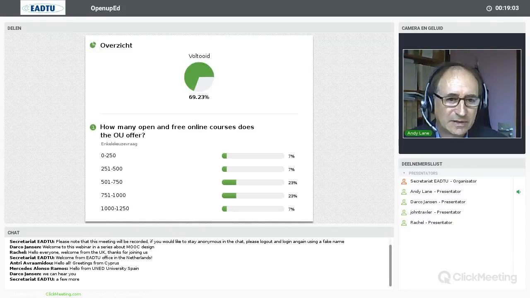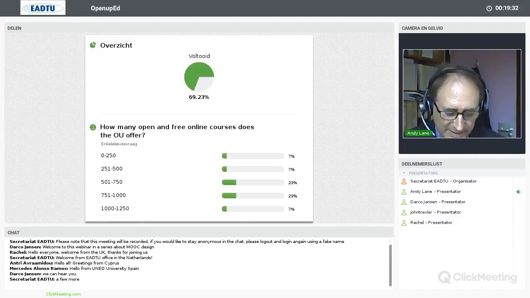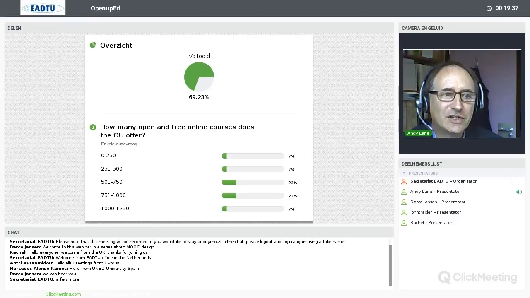There are the stats. Okay, so it's right across the board, but most have gone for the 501 to 750, 751 to 1000. Again, you're just having a guess here, and it's a bit of a difficult one to say because it depends what year you do it in. A year or two ago, we were just below the 1,000. Now we're just over the 1,000. So again, it depends what the statistic is. But we do have a lot of them. If we go back to the presentation,